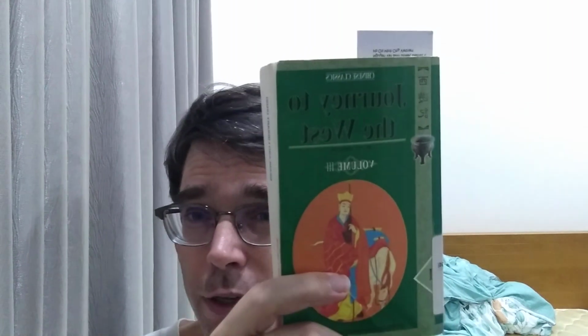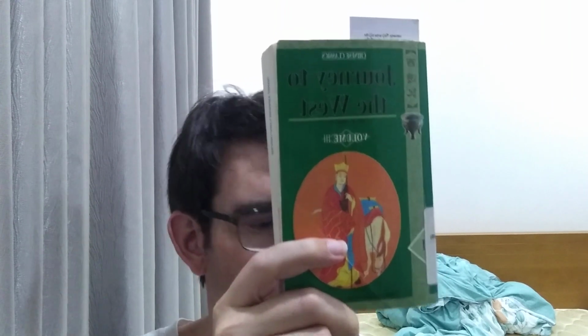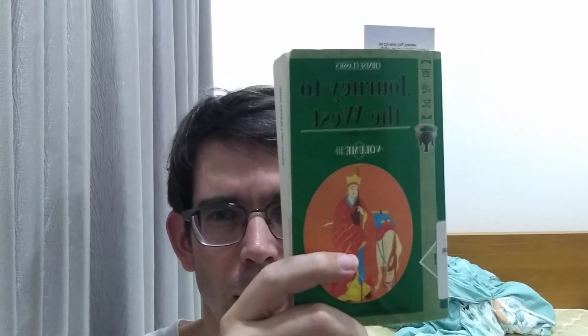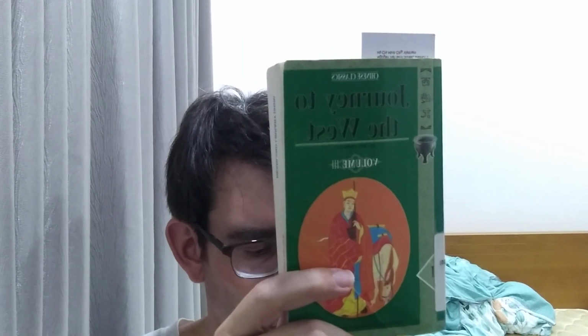So yeah, the water buffalo was recaptured by Lord Lao, and then all the little demons, which had been helping him, were extinguished by the monkey and the other celestial beings, and everyone got everything back. And then the journey continues. So Monkey and Pig and the monk and the other guy, Friar Sand, get to a river that they need to cross, and they are able to get a ferry to take them across,